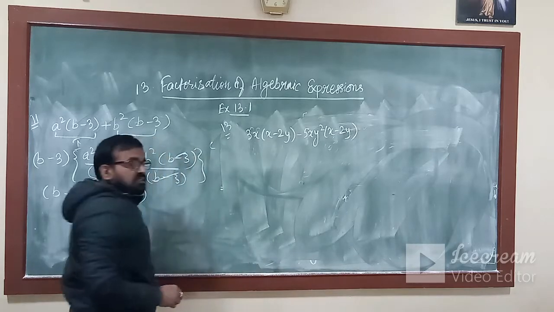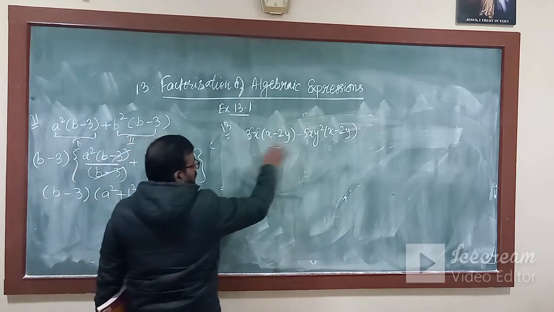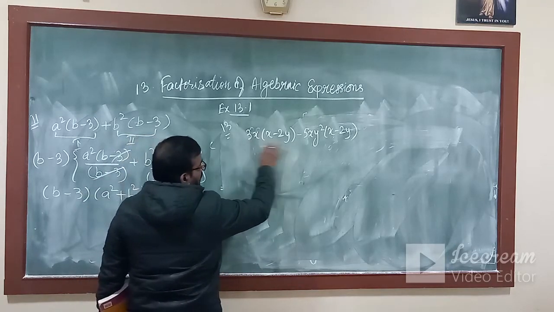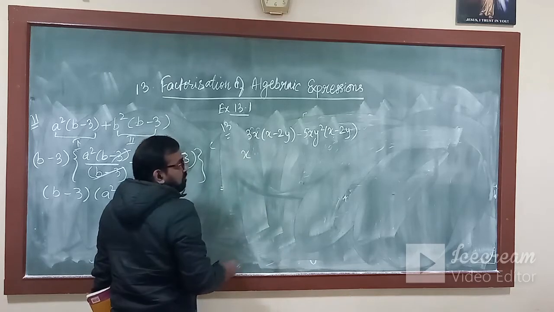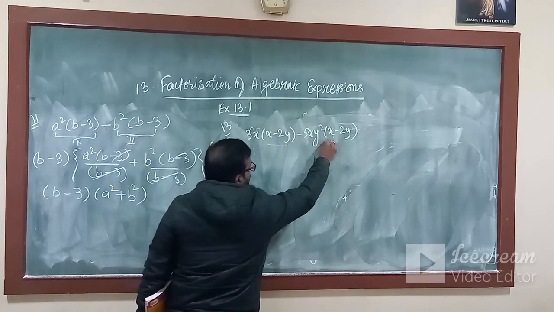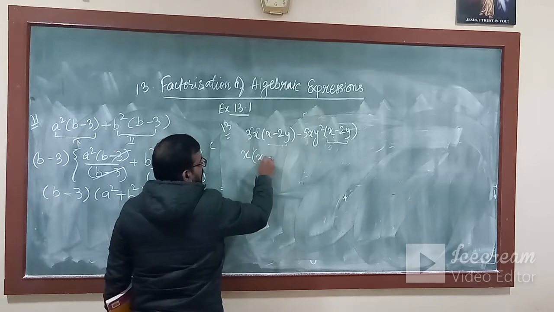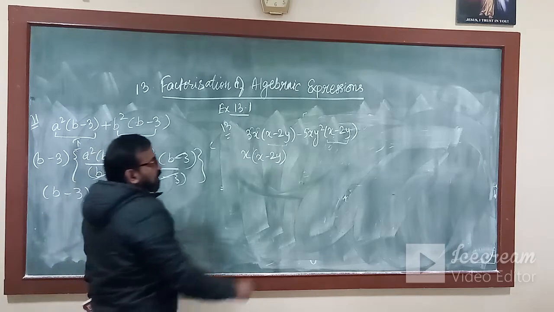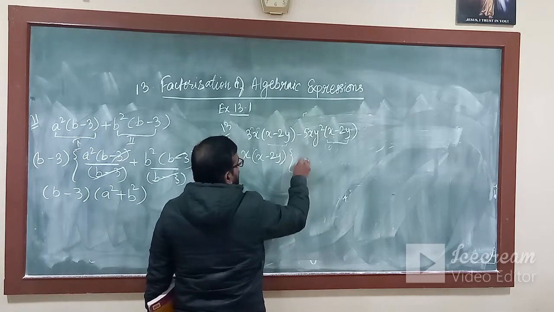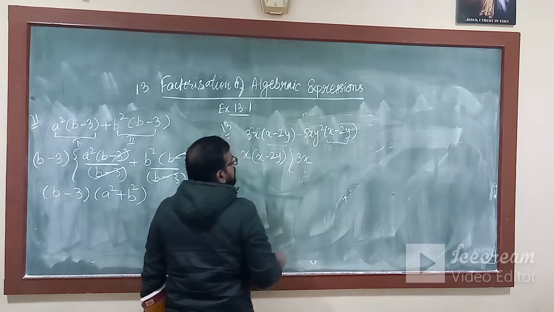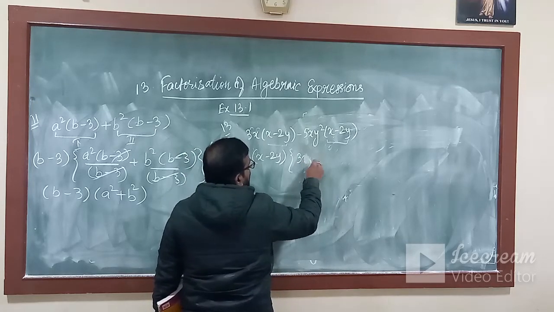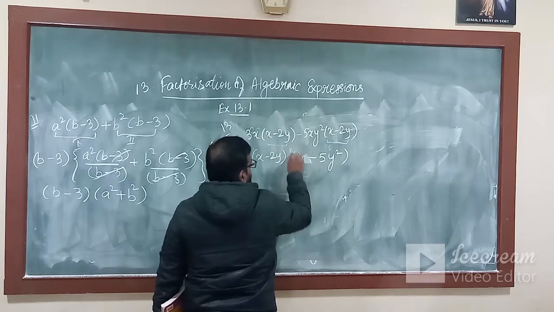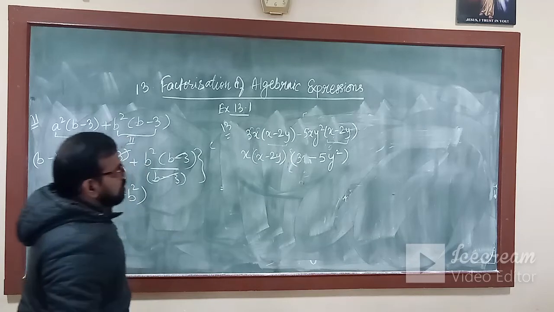Okay, now we have to factorize this one. Among 3 and 5, since they are co-prime numbers, we cannot take anything common. Now x and x, so this x will come out. Now this is x minus 2y and this is x minus 2y, so we will take x minus 2y out. So this is how you can do the questions directly also. Then what is left inside the bracket? Left is 3 minus 5y square. Okay, so this will be our factorization.